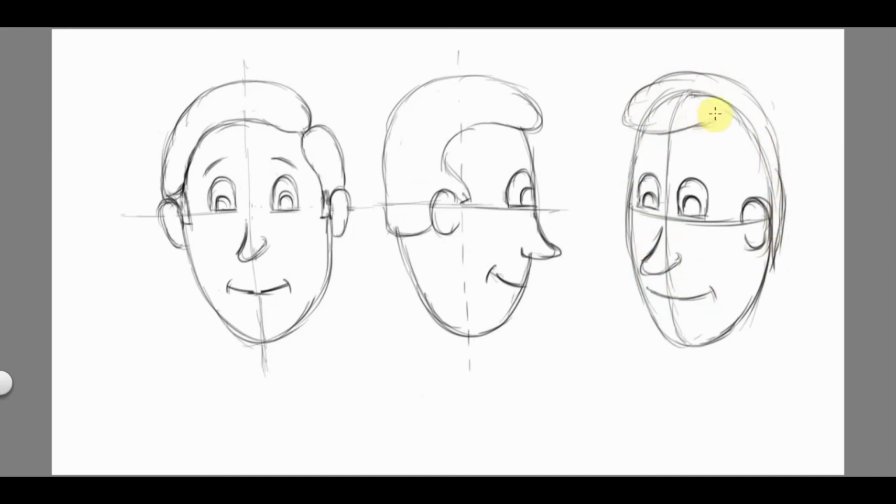And now the hair. Okay, so that's about it. Now we'll erase the lines in between. We'll draw the eyebrows. Erase these lines because they are not required. Okay, so that's how you can draw a head in different positions: front view, side view and 3/4 view. So that's how you can draw various types of cartoon head.